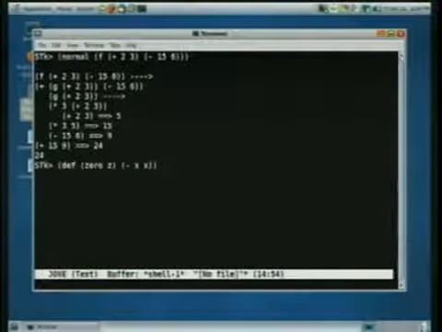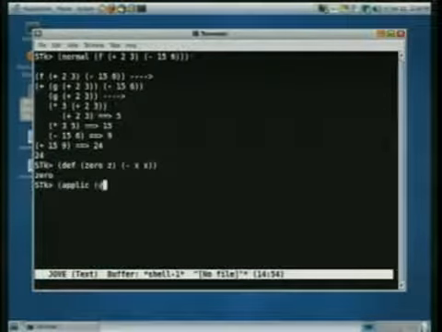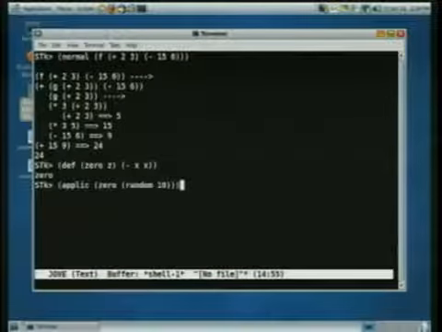So I'm defining a function called 0, takes an argument x, and computes x minus x. So the answer should be 0, right? OK, so let's do, in applicative order, 0 of random 10. Random takes a positive integer argument, and it returns a non-negative integer strictly less than the argument. So some number between 0 and 9. So here's what happens when I do this.